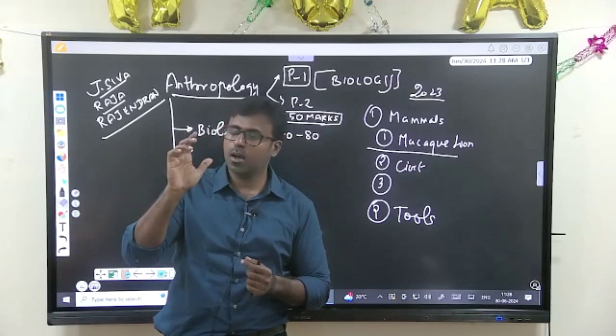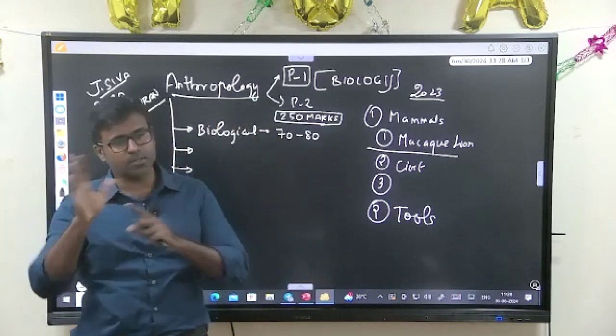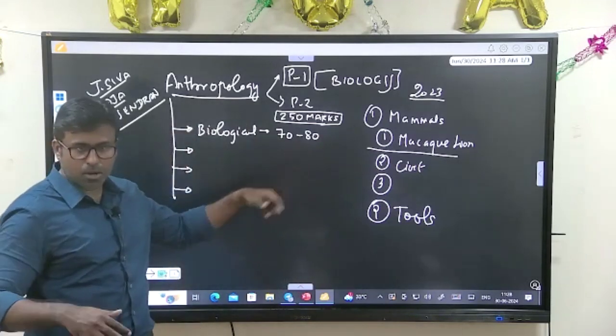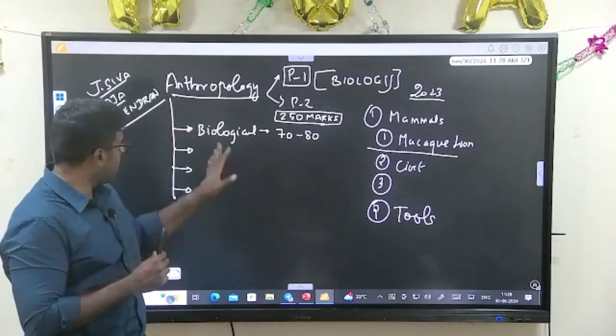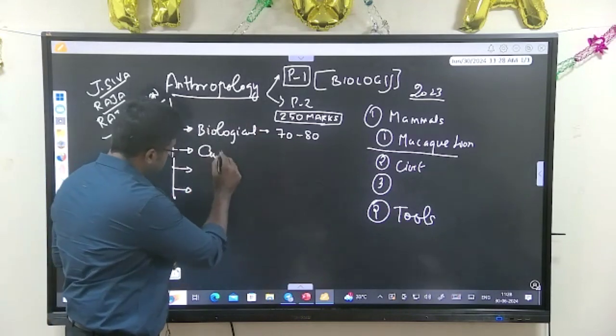So how have we come from that? What is the change that we have done? All that is part of this. All the basic principles are part of this. This is the first part. The second part is the cultural part.